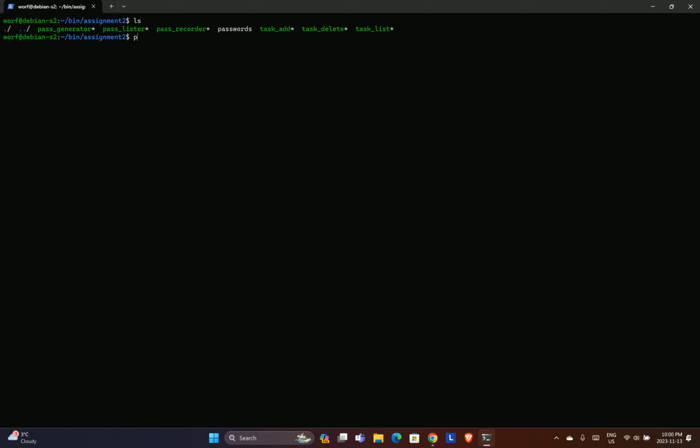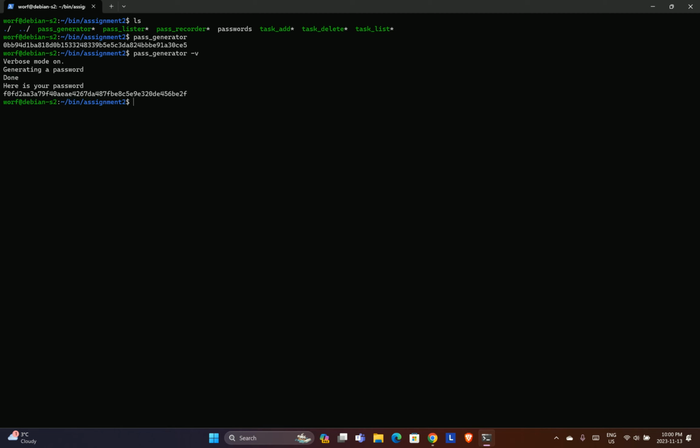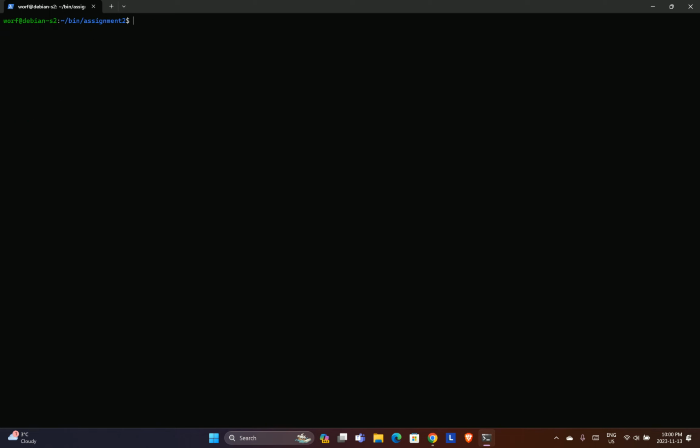If I run that one first, it will give me a randomly generated password, and I can also give it a custom length and a special character at the end. This code was already done, so I'm going to go ahead and look for the second one,